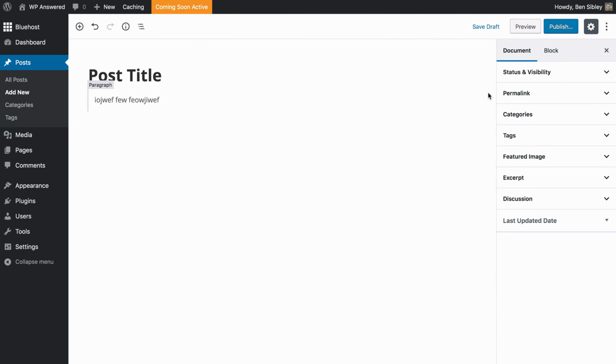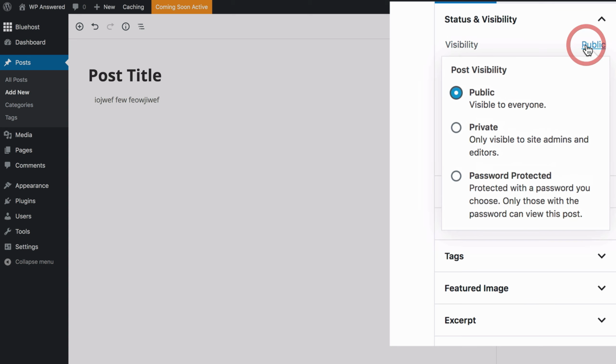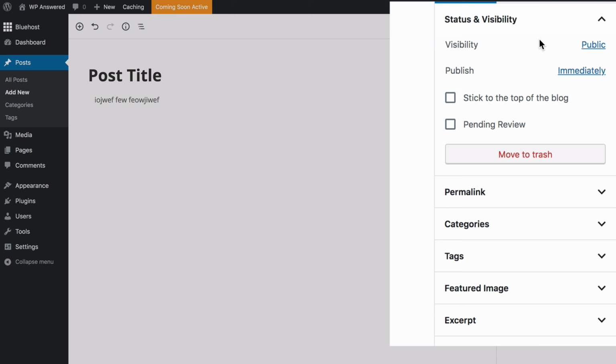Now, let's take a look at each section. First off, the options in the Status and Visibility section are fairly obvious, except for the public and immediately links. If you click on the public link, you'll see that you have the option to publish any post privately or with password protection. Clicking somewhere outside the pop-up closes it, and likewise, you'll see another pop-up window if you click